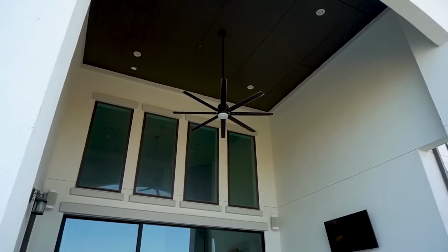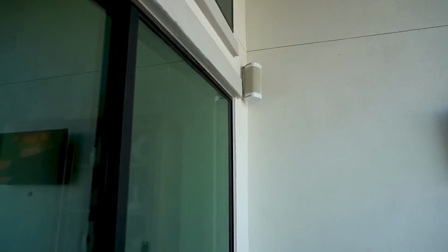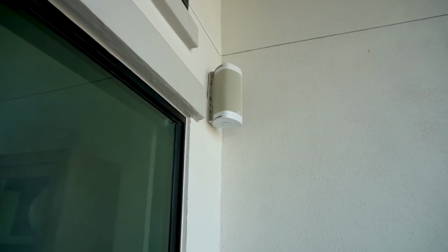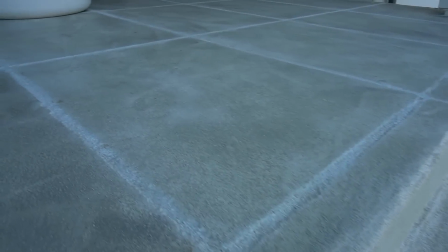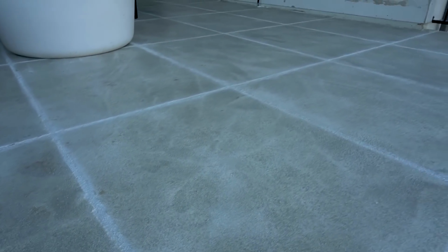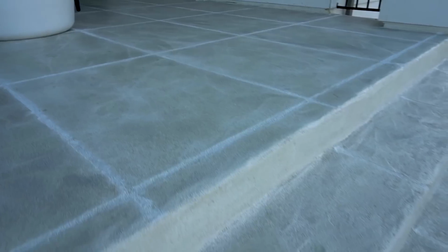This is a covered patio that has a fan and lighting and a speaker system already built in from when I originally built the house, but you can see the new addition of the new surfacing and texture and color of the patio itself. This is called Cool Coat, and this actually helps to keep it cool so that the floor is not super hot to walk on, and it gives you just a little bit of texture and grip so that if your feet are wet from the pool, you don't slip as easily. And of course, it adds that aesthetic touch of being able to choose the color and the texture and the pattern that you want. I'm going to be honest and say that I wasn't 100% happy with how this turned out,